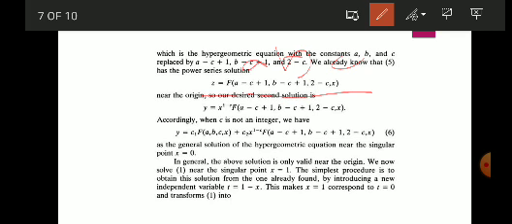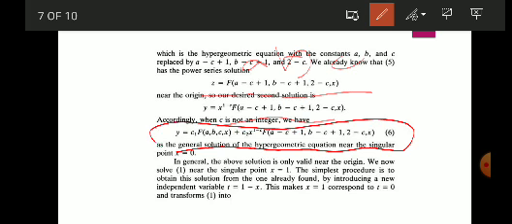Then the second solution is y = x^(1 - c) F(a - c + 1, b - c + 1, 2 - c; x). Therefore the general solution is y = y1 + y2, that is y = c1 F(a, b, c; x) + c2 x^(1 - c) F(a - c + 1, b - c + 1, 2 - c; x).